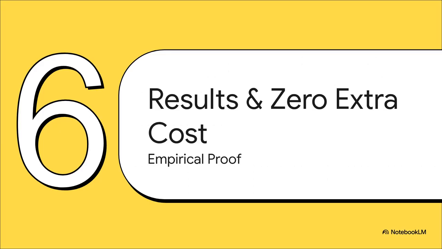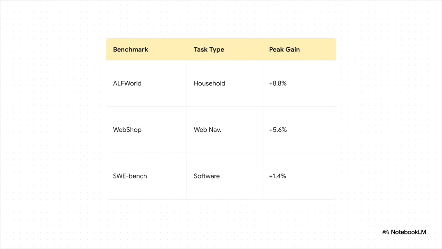Section 6. Results without extra cost. All right, let's look at the empirical proof. Why does this elegant, math-driven approach actually matter for the real-world applications that we care about? Well, AEM produces massive leaps in success rates across some incredibly diverse agentic tasks. We are looking at an 8.8% gain in complex household reasoning tasks in ALFWorld and a 5.6% gain in autonomous